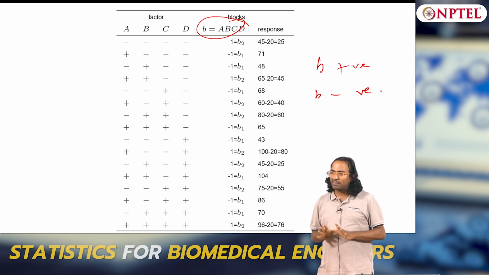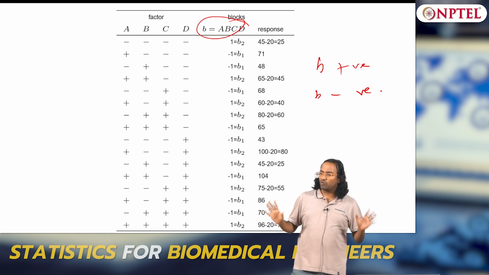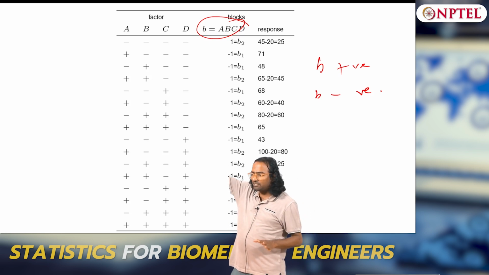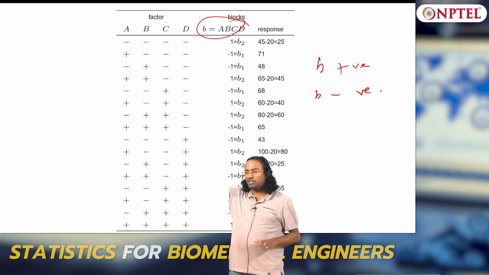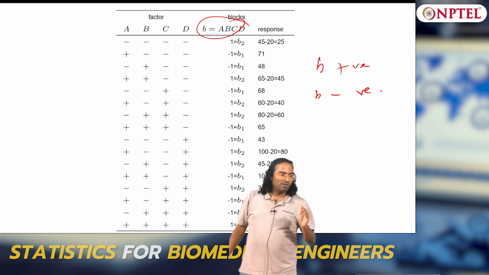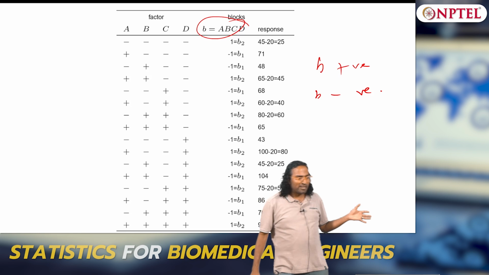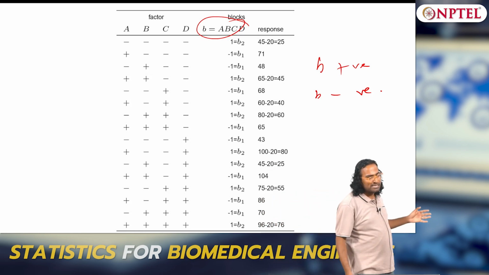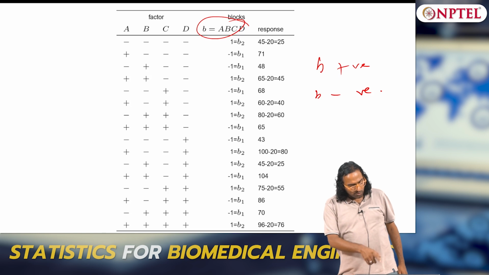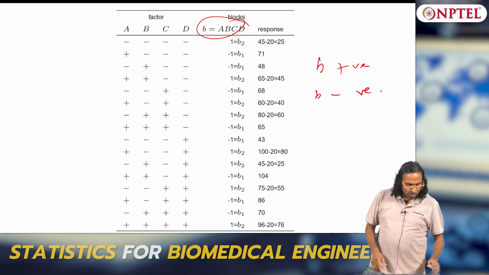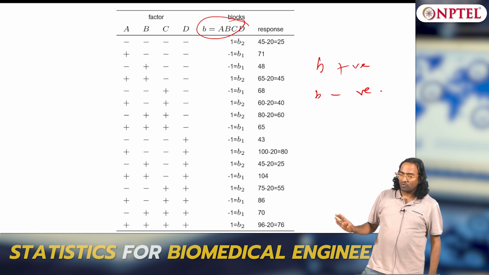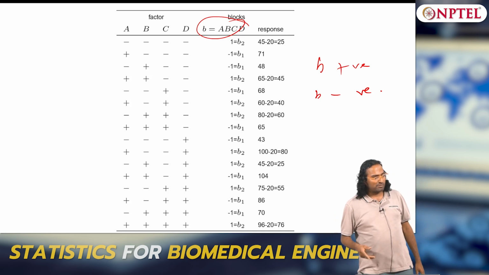I will not get into the math, trust me, this is the optimal way of confounding: take the highest order interaction term as the multiplication and keep that as a positive block and a negative block. That is the easiest and optimal way to do blocking. There are several ways to come up with blocking, but this is one of the easiest. If you do the equations analysis you will know that the main effects are not sacrificed, otherwise your main effects will get sacrificed.